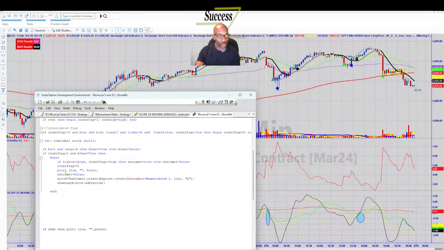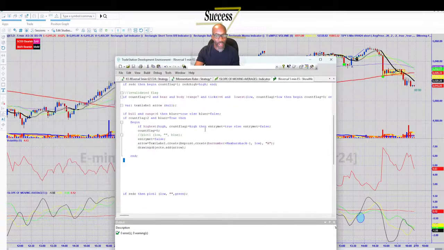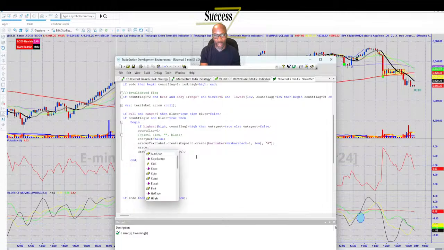All right, let's get this blue one out of here because we're going to replace this with the arrow. All right, plot one blue. Okay, so now we should just have the A popping up. Yep, just got the A popping up. But now what we're looking for is that A should turn into an arrow. But we have to change the font class, so it'd be arrow dot font